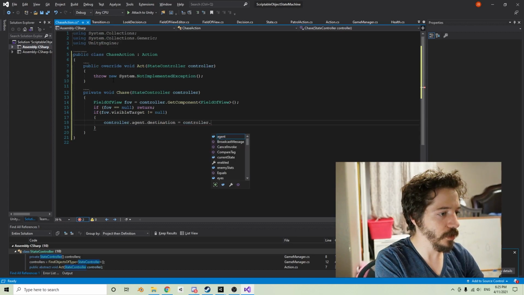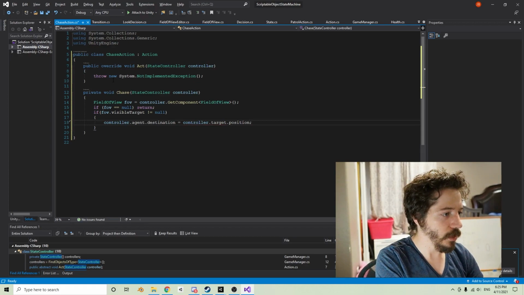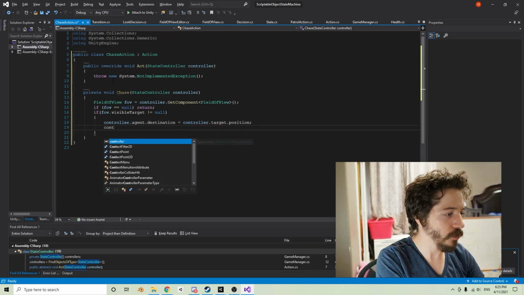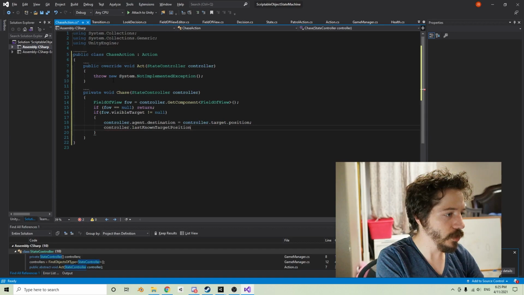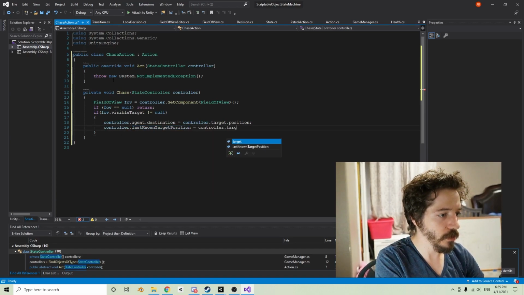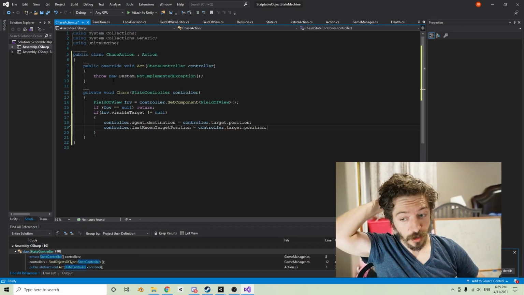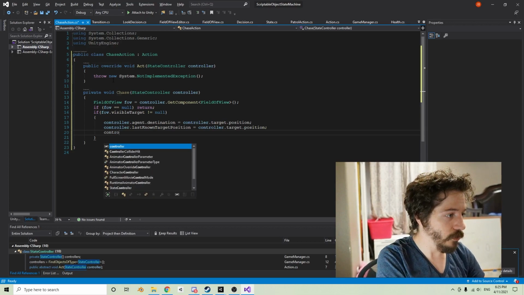Which is the visible target.position. And then we're going to set our controller.lastKnownPosition, which is what we set before, equal to controller.target.position, so we can always keep track of the last place that the guy saw us. And then we'll run